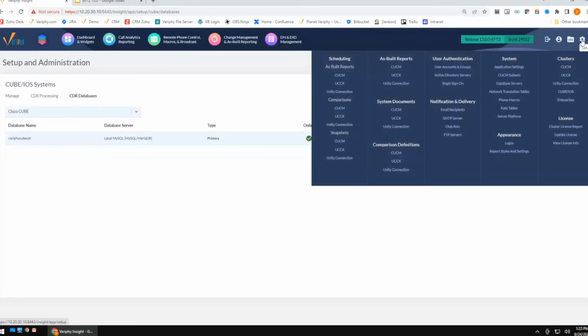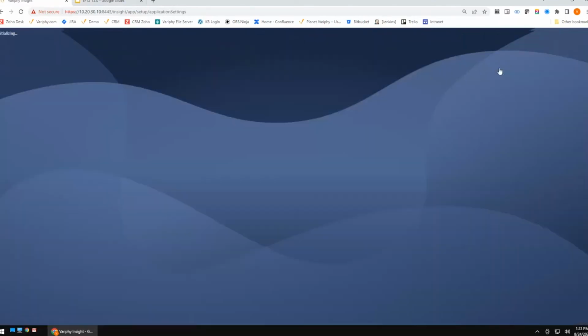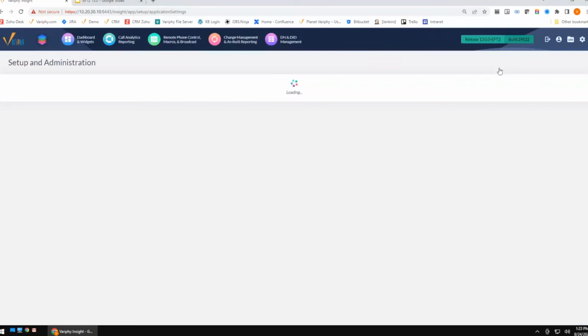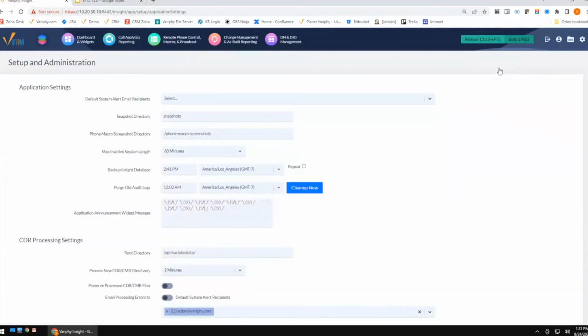The report queuing, the report on failures, as well as the max widgets are all application-based settings. So these are only available to administrators or application users. If I pop over to my application settings here, you're going to see this load up, and we're going to look at where you configure some of those options. We're also going to adjust the max widgets over here and bring that down from 25 just to show you the end result.